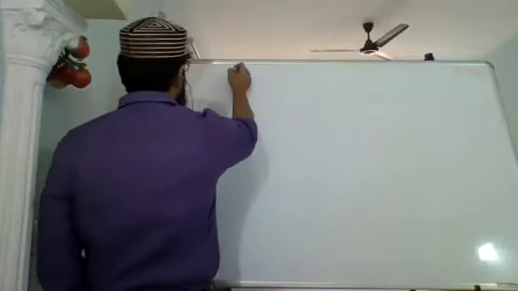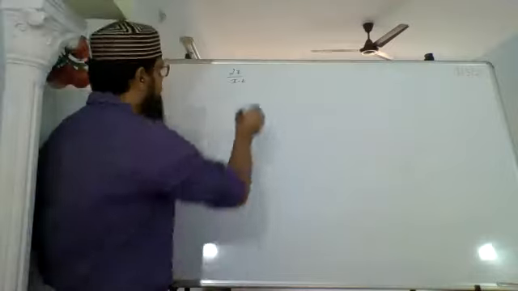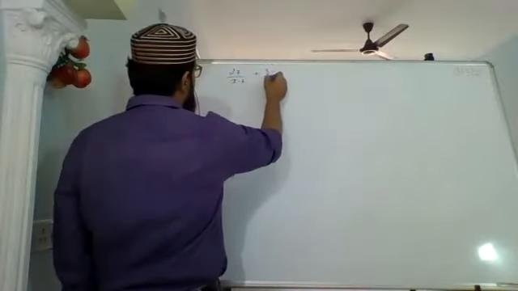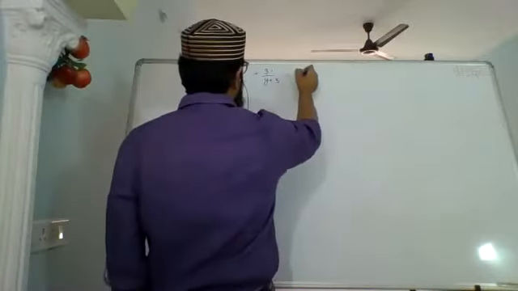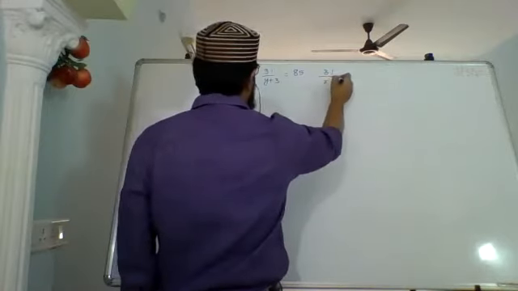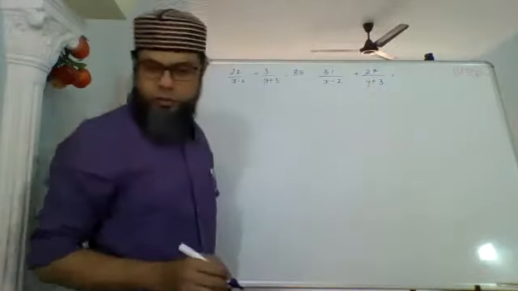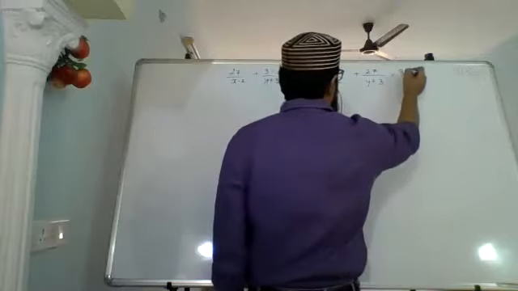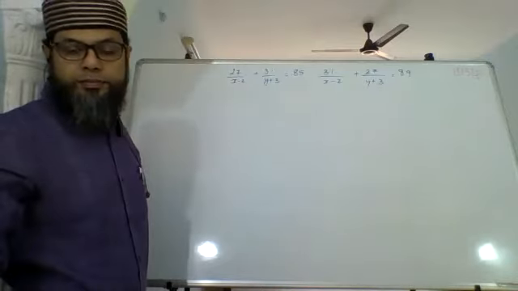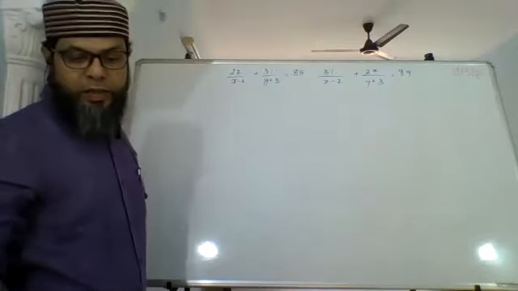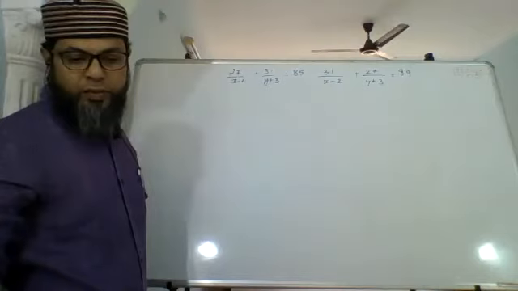27 upon x minus 2 plus 31 upon y plus 3 equals to 85. 31 upon x minus 2 plus 27 upon y plus 3 equals to 89. Okay, this is the sum. 27 upon x minus 2 plus 31 upon y plus 3 equals to 85. Sorry,